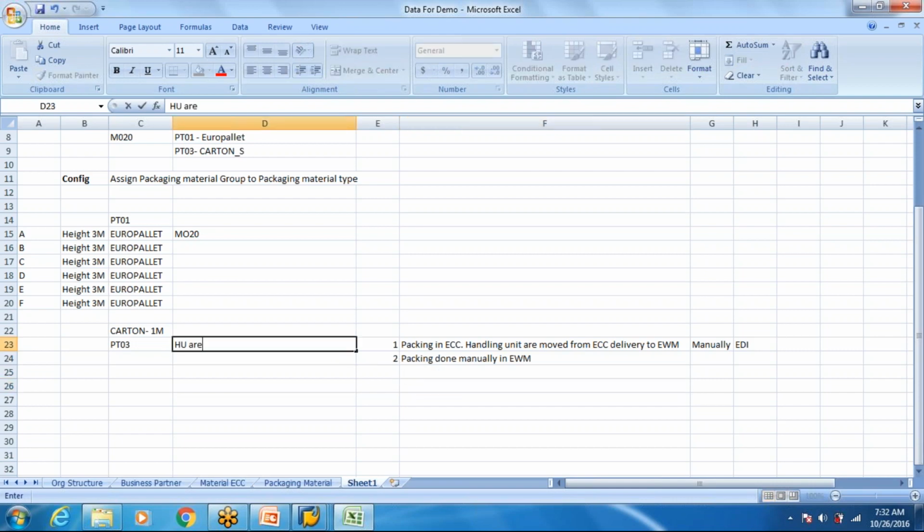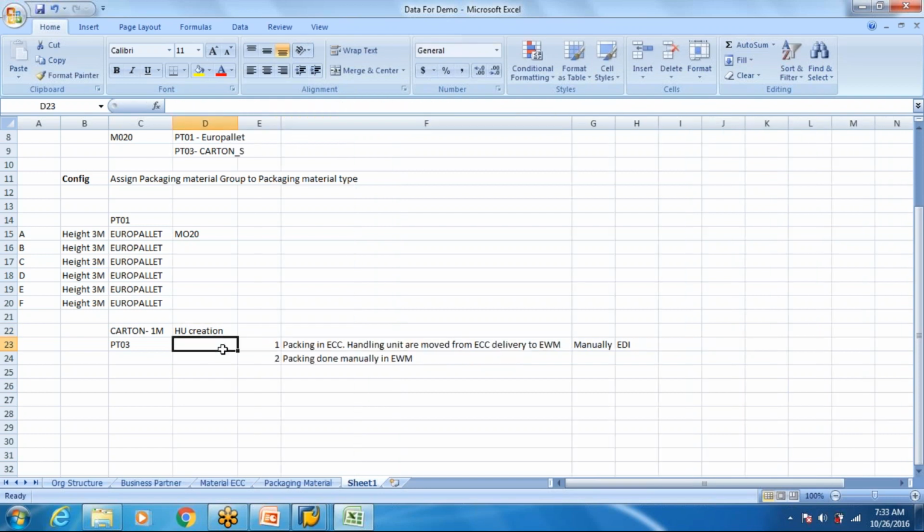Here HUs are created in ECC, correct? So HU creation for scenario 1 was in ECC.